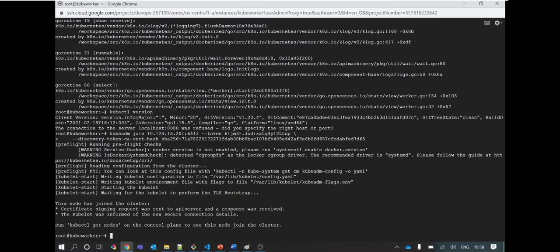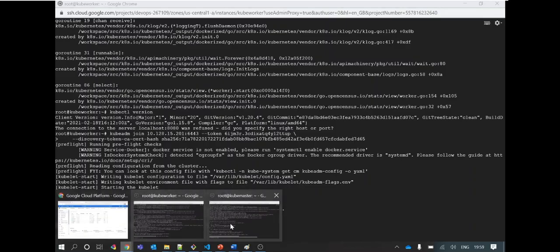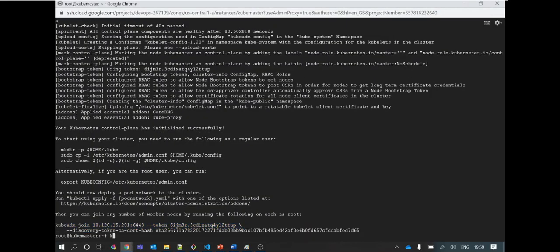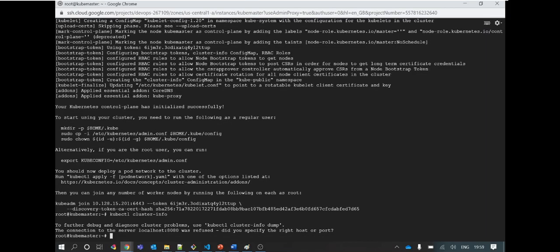When you have run this command, you will see at the end a message that this node has joined the cluster successfully, and then on the control plane you can run the command kubectl get nodes to check if this node is part of the cluster or not. That you can check from the master node. Also, you can check your cluster information using the kubectl cluster-info command. For running all operations you need to use kubectl.